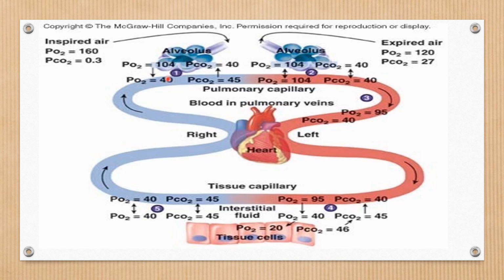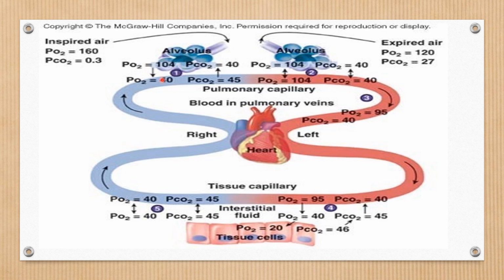So what happens as O2 diffuses from alveoli to blood, the PO2 becomes the same as in the alveoli. So here also the PO2 will become 104. So that is called the equilibration point. So after the equilibrium is reached, no exchange of gas occurs. So the average pressure gradient is therefore calculated considering the pressure gradient at various sites and the time for which the partial pressure gradient was present.